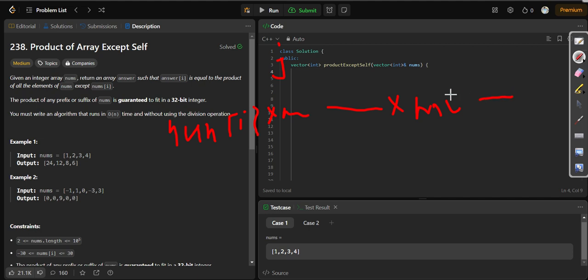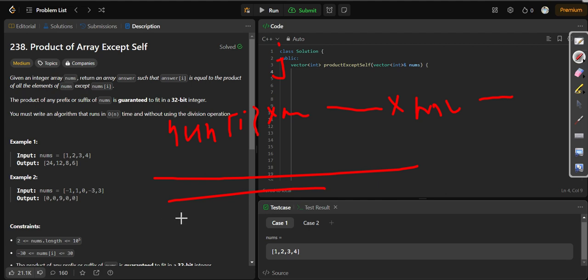So here all elements are multiplied except the jth element. So what will we do? We will multiply all the elements first, and as the requirement, we will remove that element by dividing.